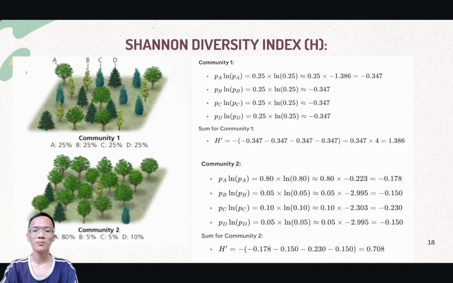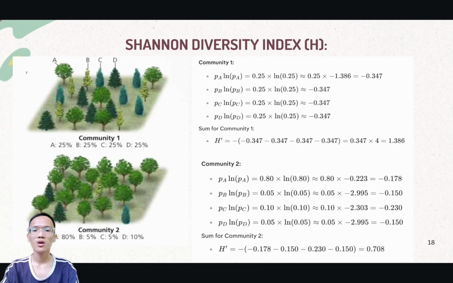Now, to compute the previous example, we have to divide the proportion by 100. In this case, 25 divided by 100 is 0.25. Next, we have to calculate the natural logarithm by taking the proportion and adding it to the natural logarithm and compute it. We will have the approximate equation of negative 1.386. Multiply that by the proportion 0.25 and we will have the answer approximately negative